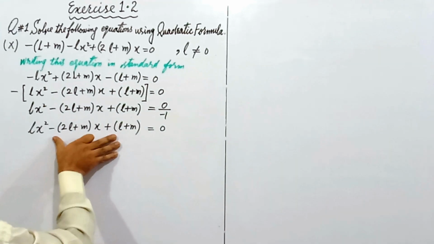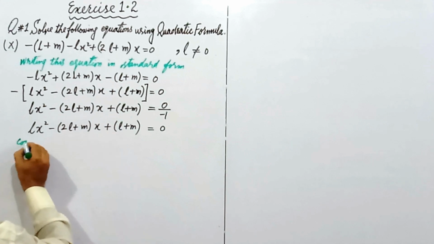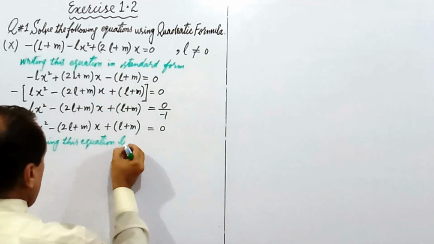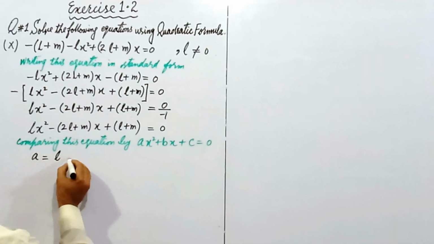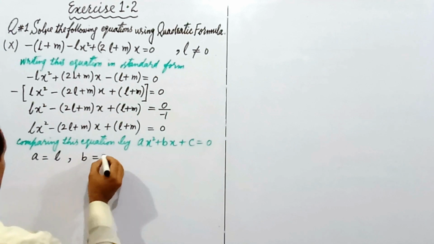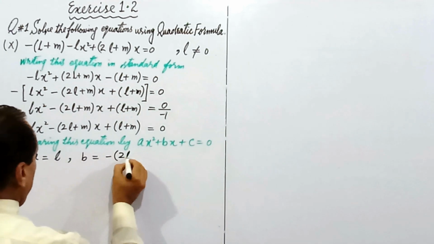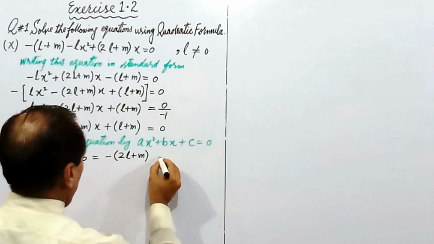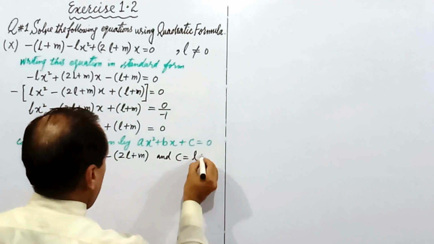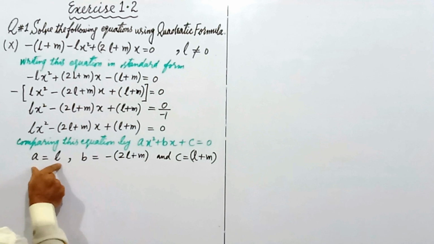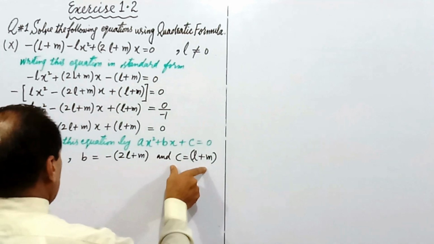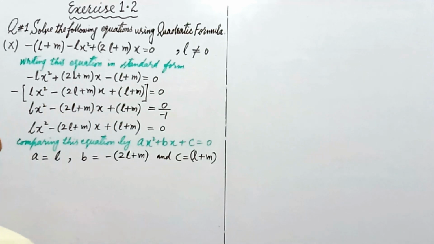We can compare this equation with the standard form of quadratic equation. We have the value of a is equal to L, value of b is equal to minus into (2L plus m), and value of c is equal to L plus m. Now we use these values of quadratic coefficient, linear coefficient and constant term in the quadratic formula. So by using quadratic formula, that is x is equal to minus b plus minus under root b square minus 4ac over 2a,